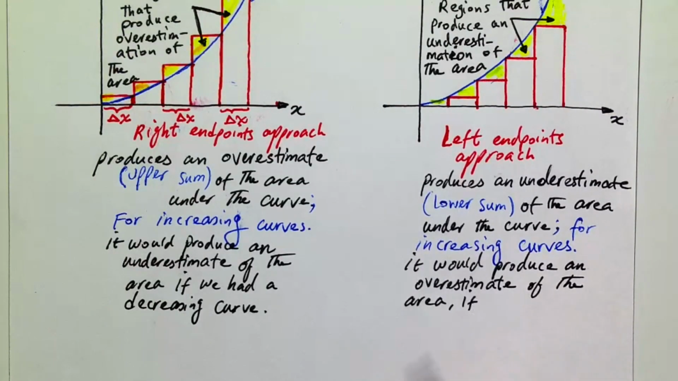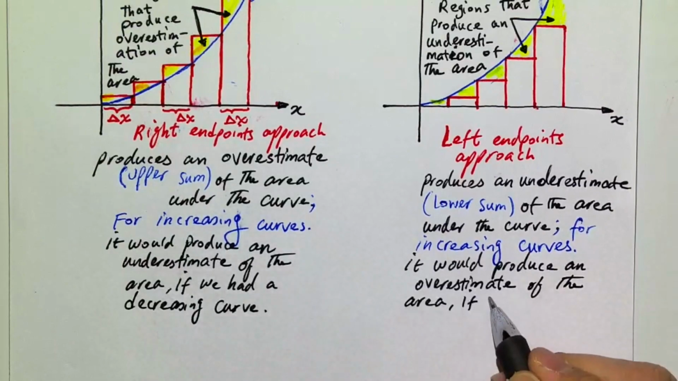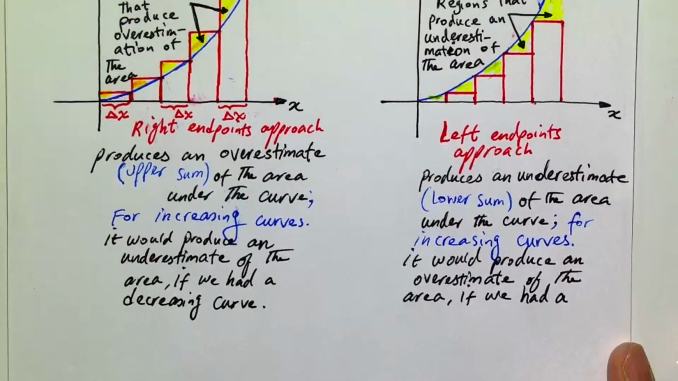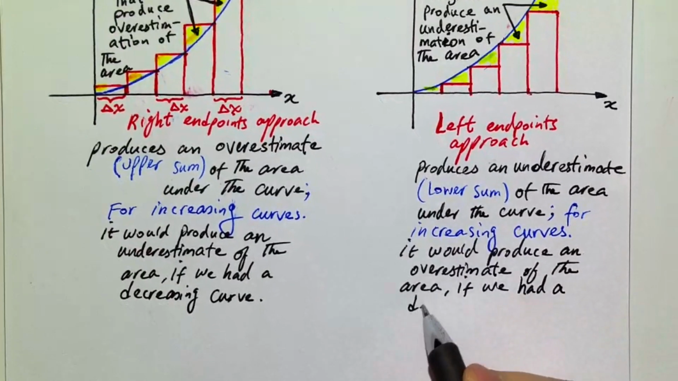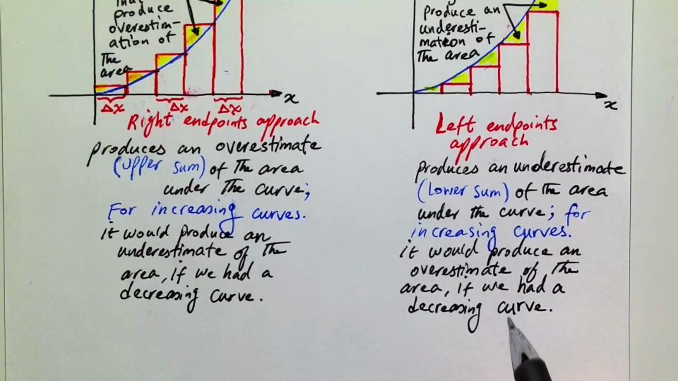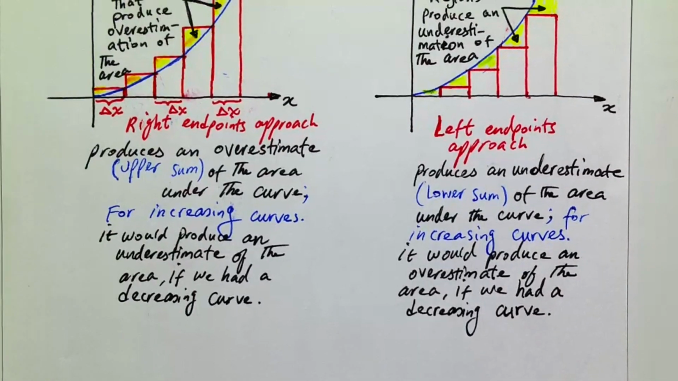The area if we had a decreasing curve. Okay, so like that. All right, so now let's